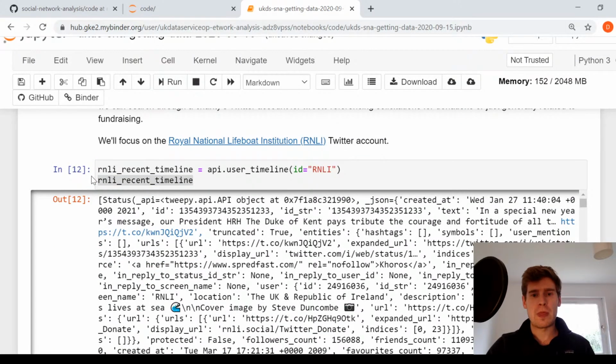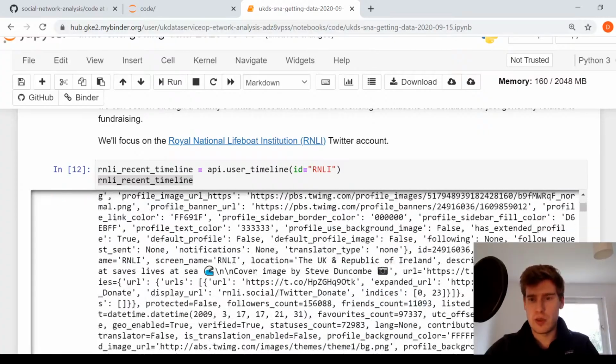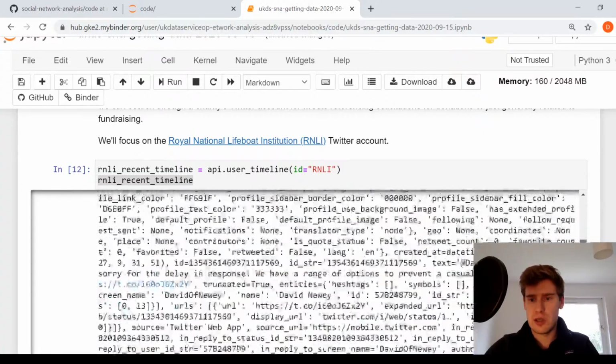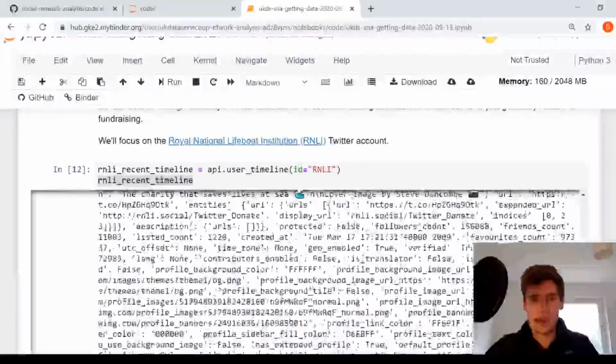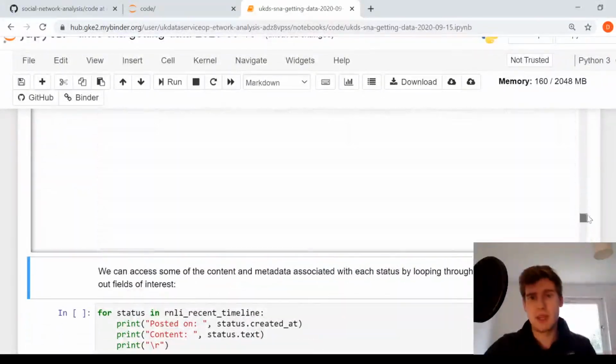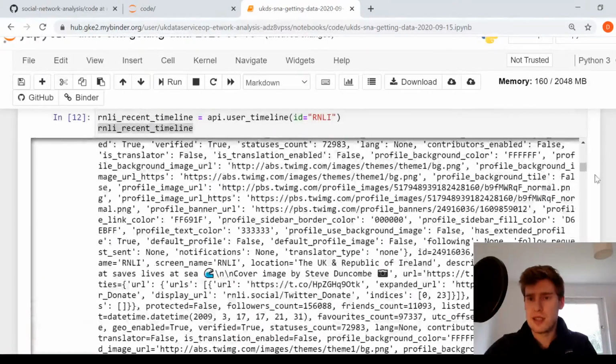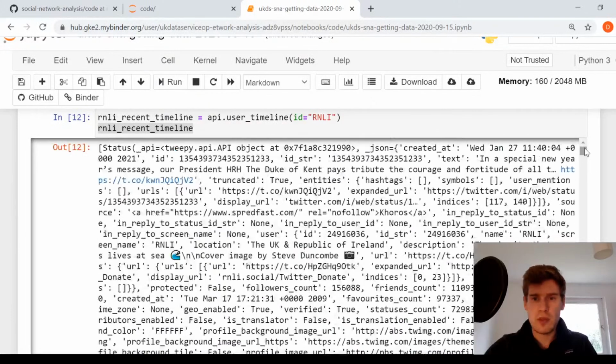So what you can see is we get so many results that in our little output window here, we've got quite a long, elongated scroll. When I ask for the recent timeline, I'm getting reams and reams of information back, but as I said, not everything it's ever posted. Again, as you can see, the actual data that's returned is in a field called _JSON. So we get some metadata